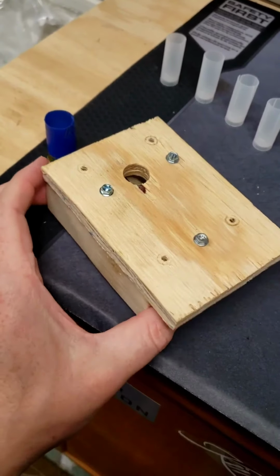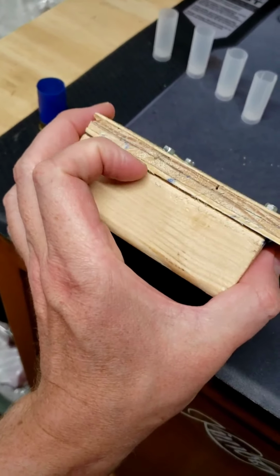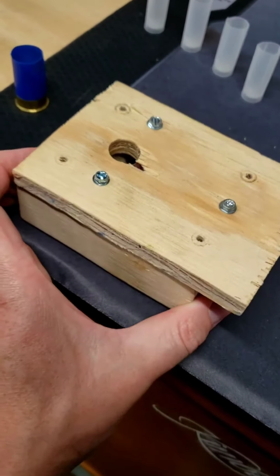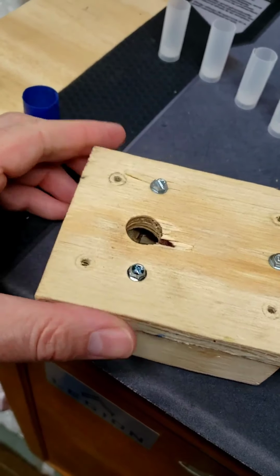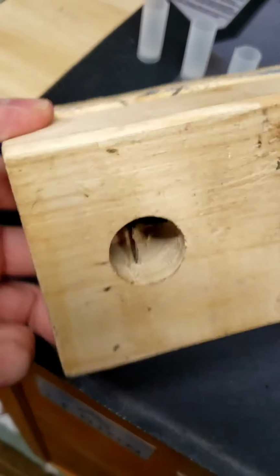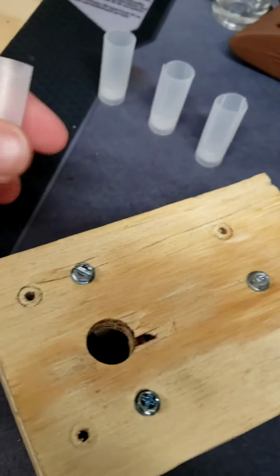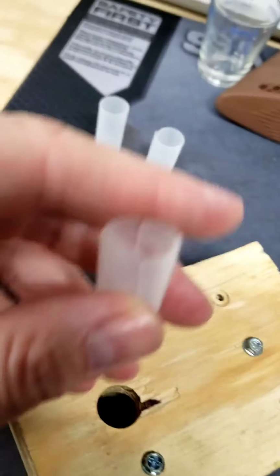So there you have it, just as a quick reminder. It's a block of 2x4, and then some piece of plywood. This looks like it's about 1/4 inch. 3 simple wood screws, and then 2 box cutter razor blades, making sure that the edge faces the smaller hole, or whatever size you want to cut your wads, whether that's 20 gauge or 12 gauge will need a bigger hole. And then a larger hole on the bottom side. So again, we're looking at the dull parts of the blade from the bottom. And take your unslit wad, pop it through, pop it back out, and end up with a nice 4-way slit